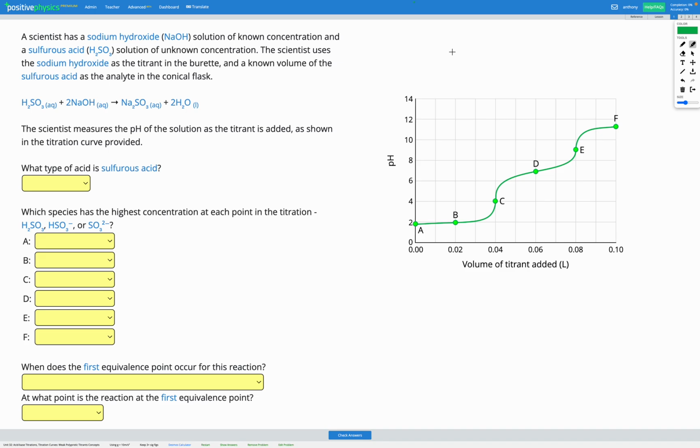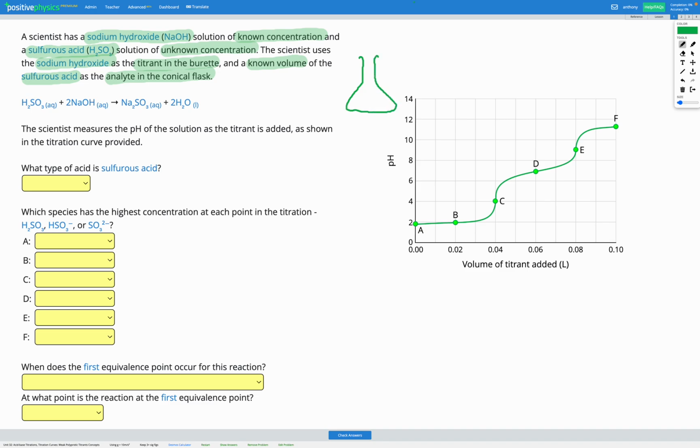In this question, a scientist has a sodium hydroxide solution of known concentration and a sulfurous acid solution of unknown concentration. The scientist uses the sodium hydroxide as the titrant in the burette and a known volume of the sulfurous acid as the analyte in the conical flask. So to help us get a better idea of what's going on,